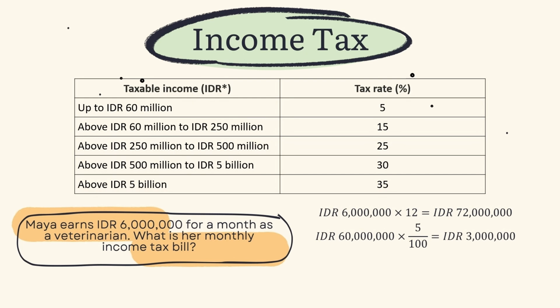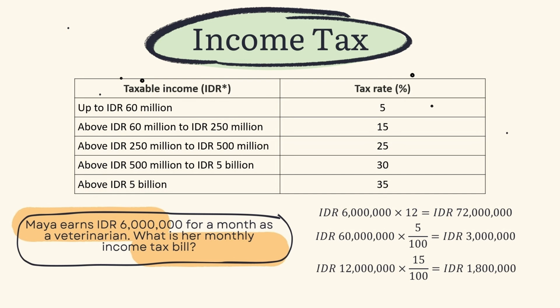The remainder of Maya's salary is 72 minus 60, and we'll get 12 million Indonesian rupiahs. We times it with the second tax rate, which is 15%, or 15/100. So the second category's tax bill is 1,800,000